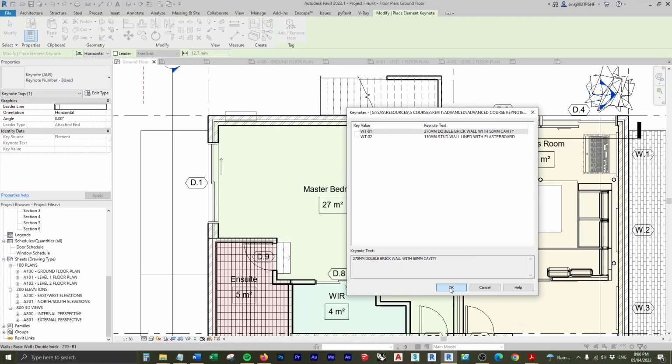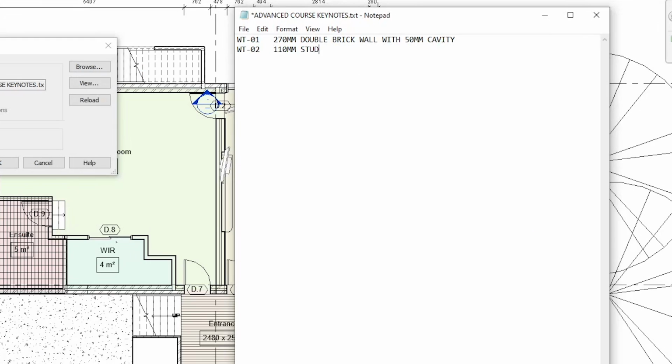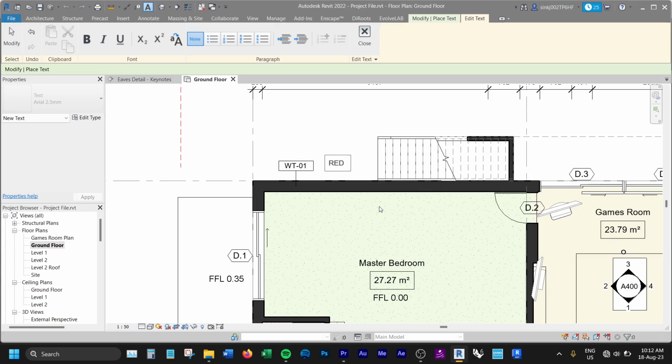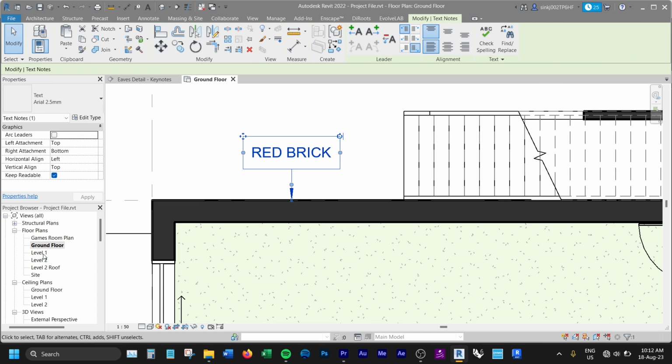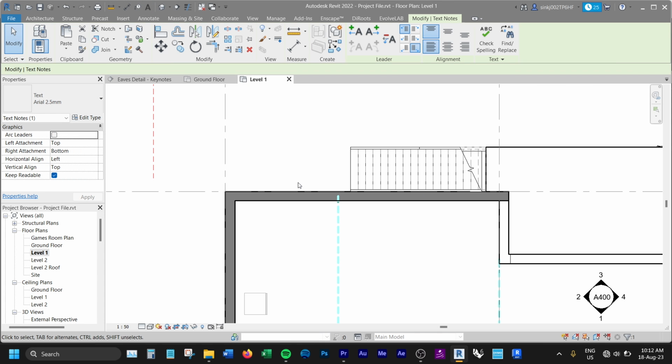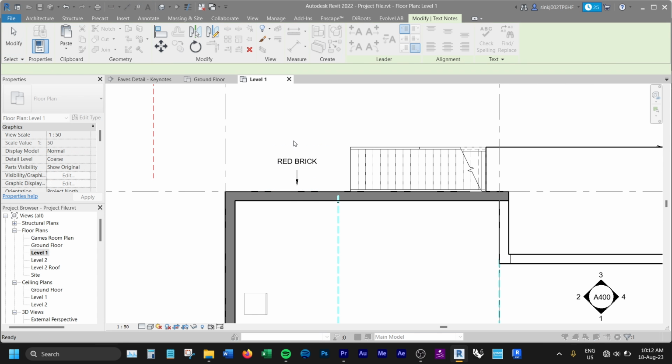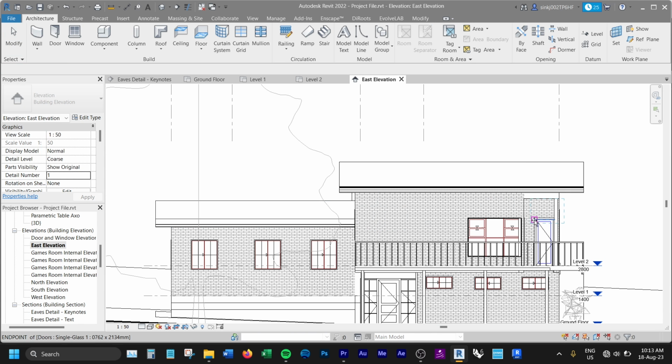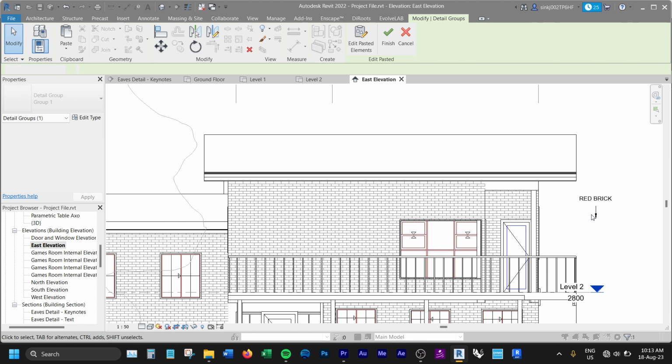Basically, they're used to tag different elements inside your model. What it's doing is giving it a new key value. You can then give it a note as well, a keynote. Now, the wicked thing about these, let's say you want to make an annotation and a note of one of your walls, and you've got a brick wall which has 110 millimeter thick bricks, and you've specified them as a red brick. If you were to go through your entire model and go to each view and write in a text note that says this is a 110 millimeter wide red brick,